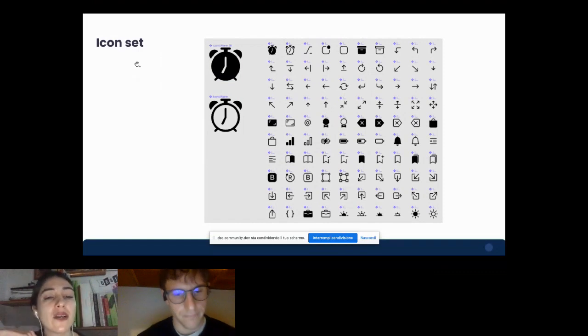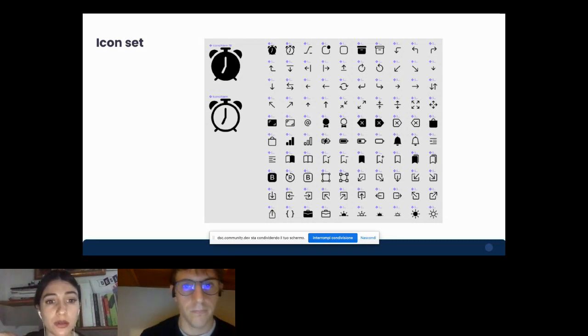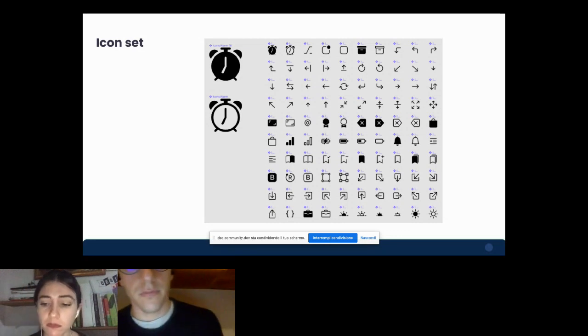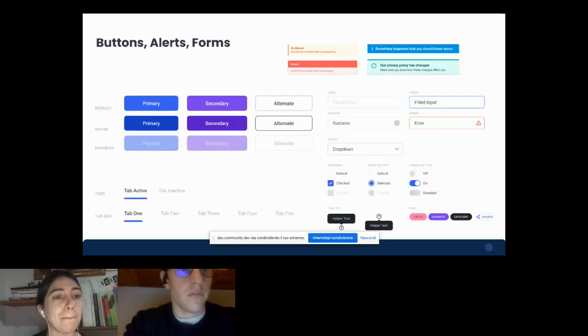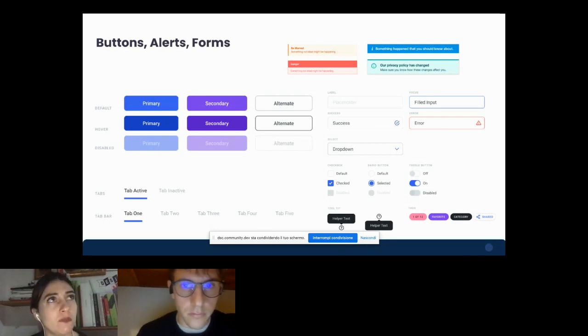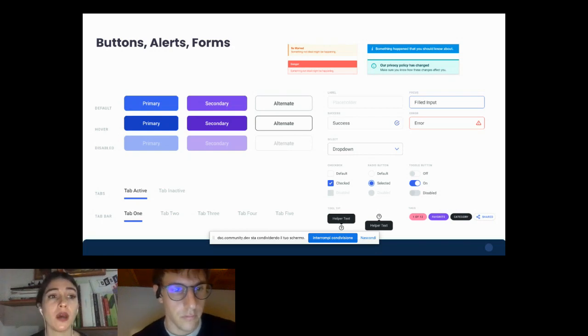Okay, icon set, like the full icon with full color, or empty icons, like only the stroke. For example, colors, fonts, shadows, icons are all atomic elements of UI design.